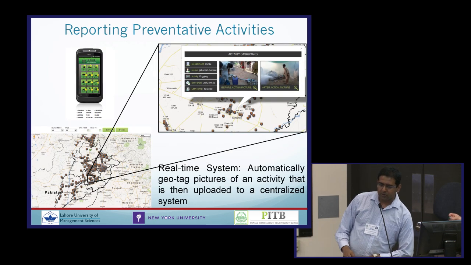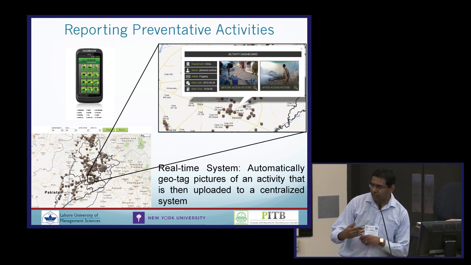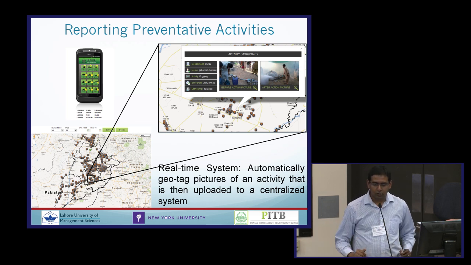The cool thing about this particular effort is that they have a team of 2,500 health workers who act on these decisions. So the output is actually going to 200 hospitals and to this whole health worker team. This is part of the government initiative, the PITB, whom we work with, Punjab IT Board. And they can actually go to these localities and they can also take pictures. As a separate system, they are getting data from the preventive actions that have been taken. So it's not just sensing, it's also taking quick action.